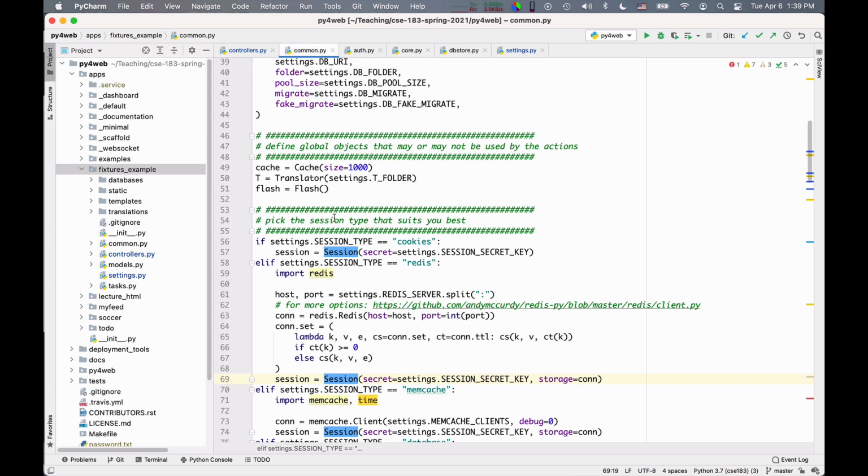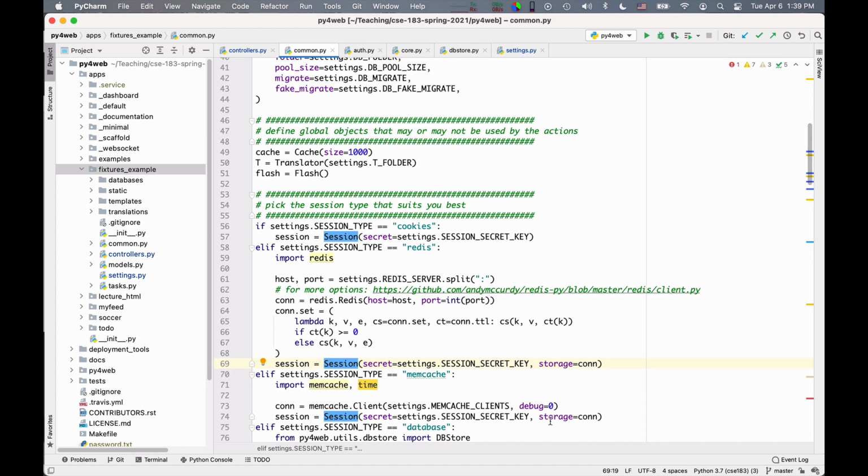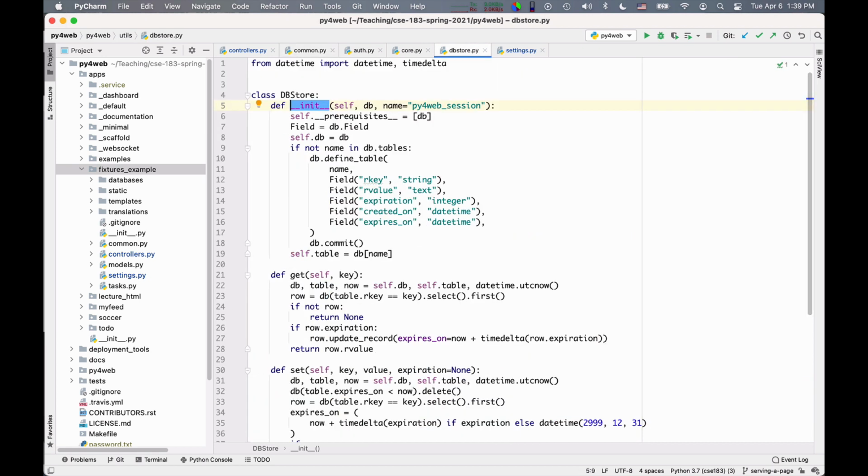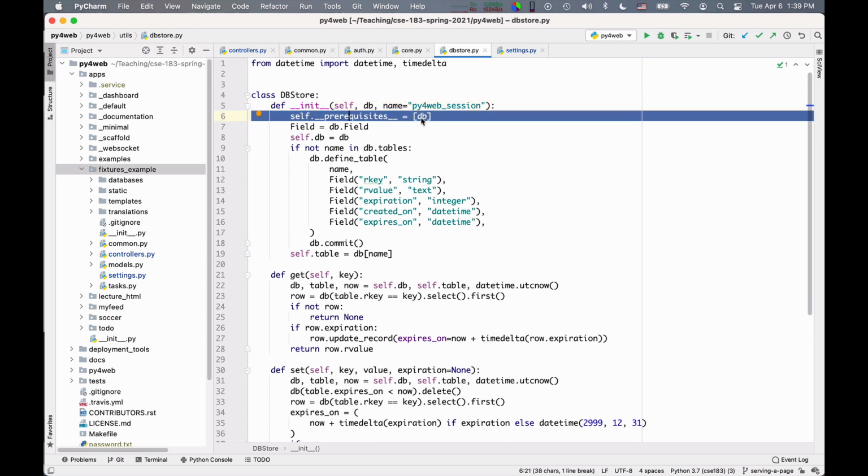If you look here, the storage is this DB store, and this DB store depends on the database. So essentially, if we were to draw a graph, we have that the database depends on nothing,